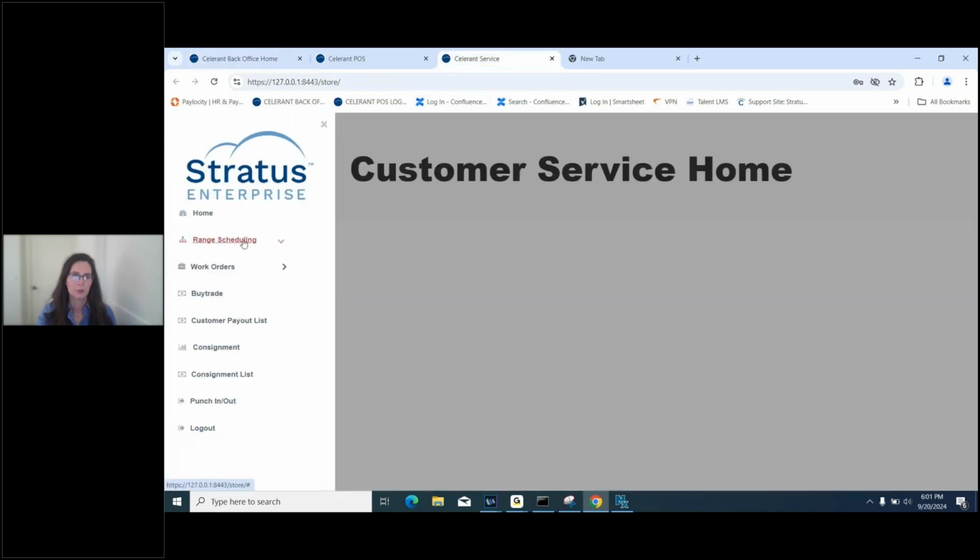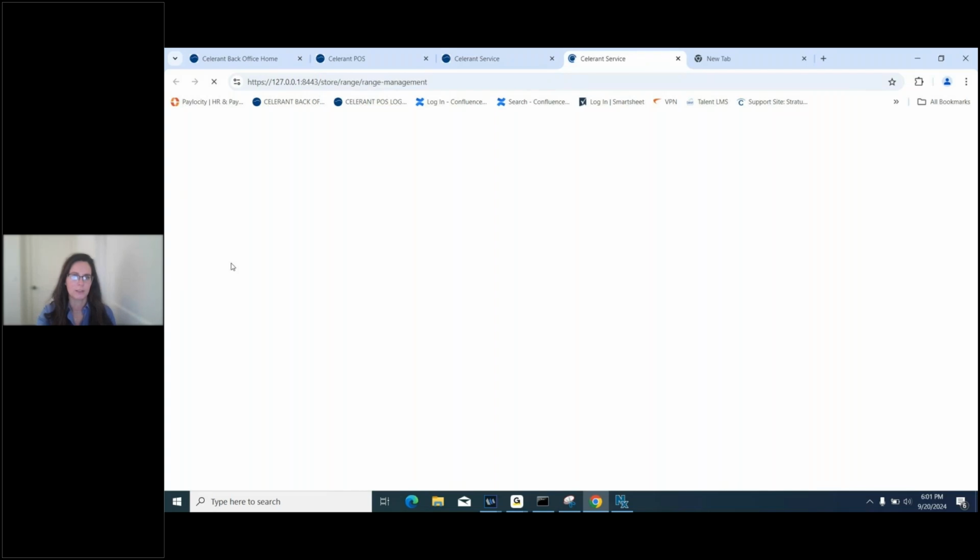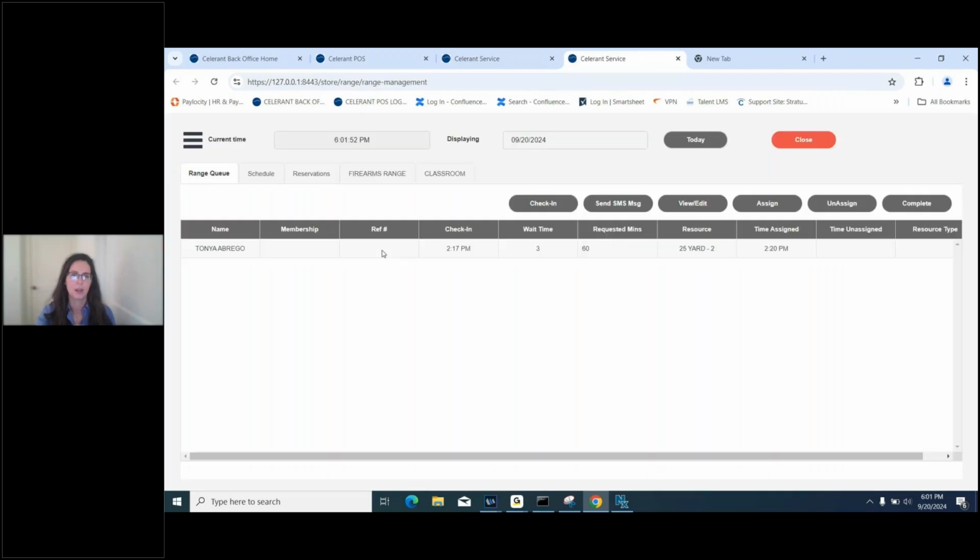So the range module is typically managed from the back office. It's typically managed via the service module, and that's what I'm going to show you today. I will say though, just as kind of food for thought, as you're watching me go through this, I will show you a little bit of what that functionality looks like in the point of sale as well. But once you decide that you want to use the range module and you talk to your sales executive and we get it turned on for you,